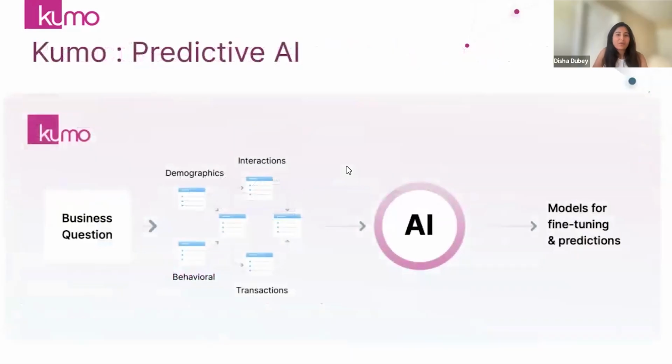As I mentioned before, Kumo can work directly on your relational data and build predictive AI models. But it doesn't just stop there. You also have the ability to provide embeddings to Kumo. So if you want to use the latest LLM or other pre-trained models on your text or image data, you can bring those embeddings along with your relational data in Kumo, and Kumo will use those signals as well